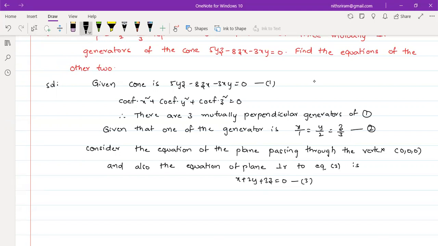What I have written is the equation of the plane passing through the vertex, that is the origin. Also I have considered the equation of the plane perpendicular to equation 2. Whenever you say that this plane is perpendicular to equation 2, we have to use the DRs. Here the DRs are 1, 2, 3 as the coefficients of x, y, z, so that we get a plane equation. In this way, you have to find a plane equation every time by using the vertex and the DRs. After finding the plane equation,